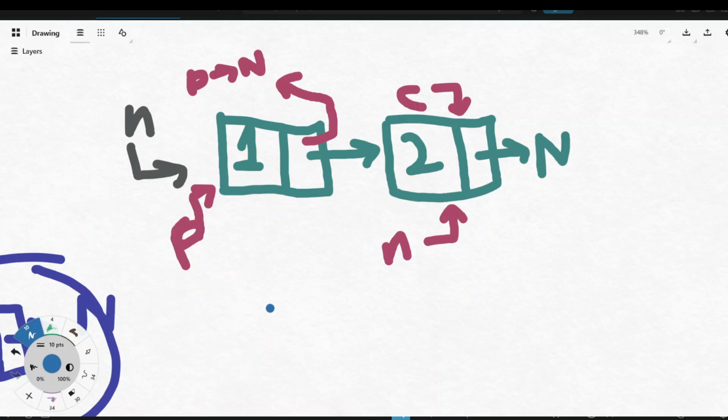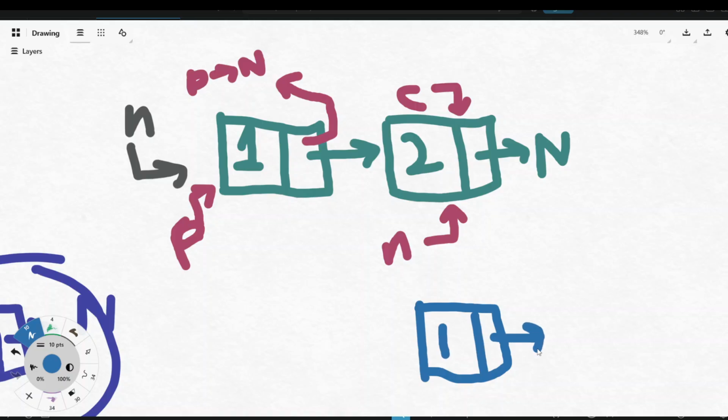Actually, it is reversing the list. So the node becomes like this. One here, okay, and remember the one node is pointing to null, and the previous is pointing to this, and one's next is pointing to null. Current is pointing to 2. So this is, you can say, the first step that happened, and then the next iteration it will go,